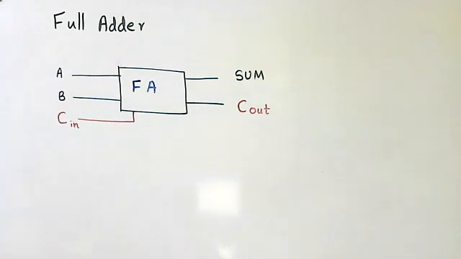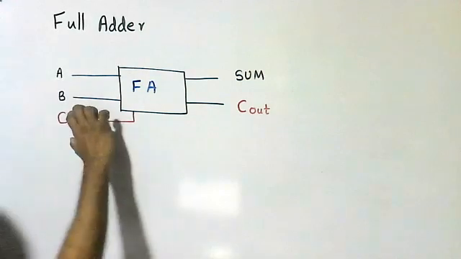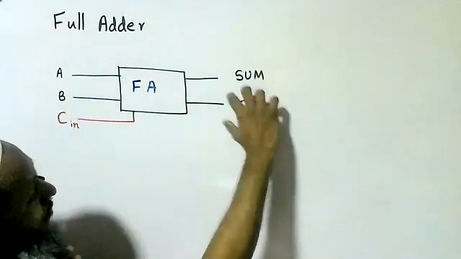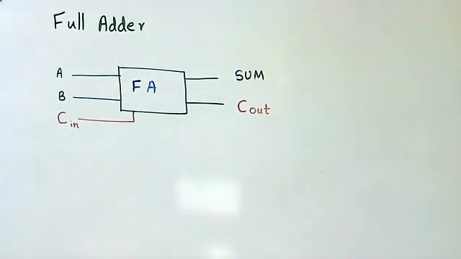So full adder is also an arithmetic logic circuit designed to add 2 single bit numbers, but sequentially we can add single bit numbers. And in full adder, there are 3 inputs. Half adder has 2 inputs and 2 outputs. Full adder has 3 inputs and 2 outputs. So inputs we can consider as A, B, C in, and outputs we can consider as sum and C out. Is it clear, students? Yes, sir.